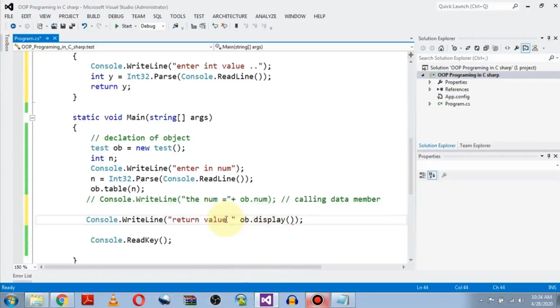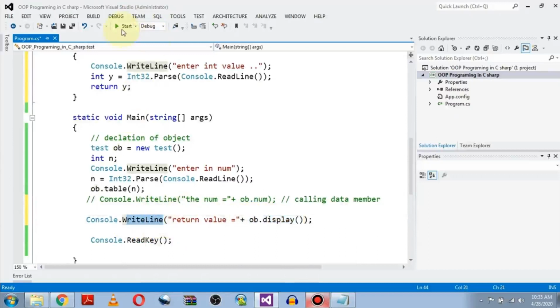Return value is equal to concatenated. So we will be receiving some value after calling this function. This function will return some value, and after receiving we will be printing this value.